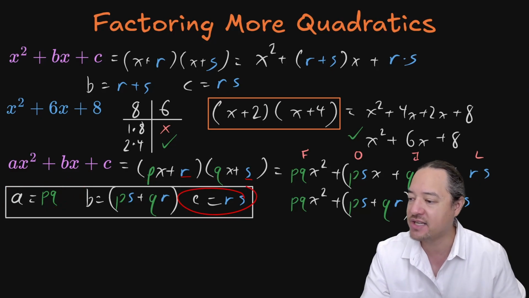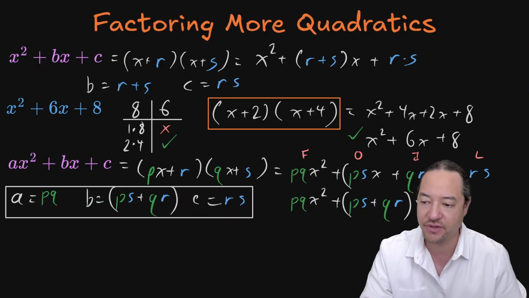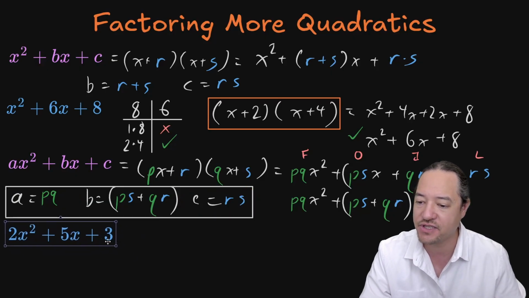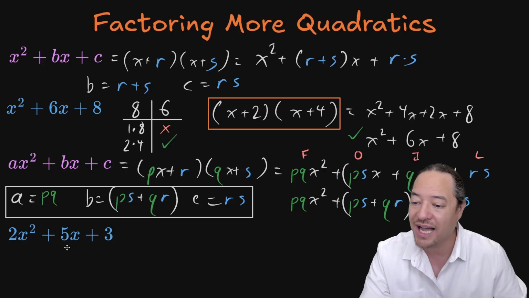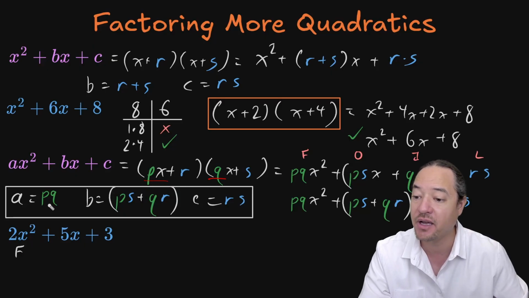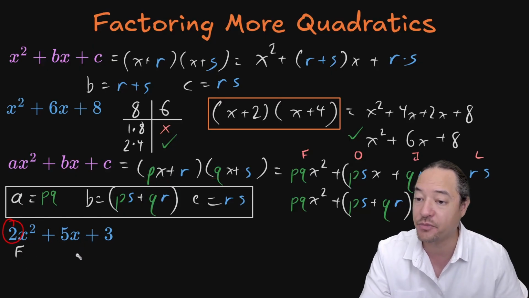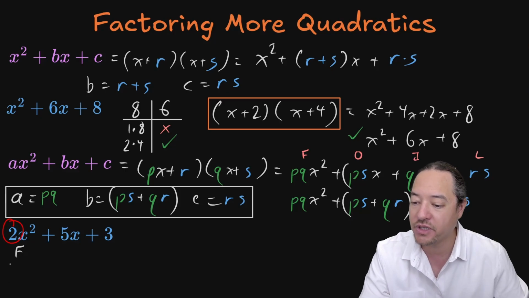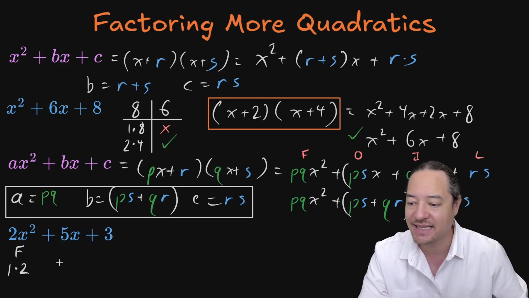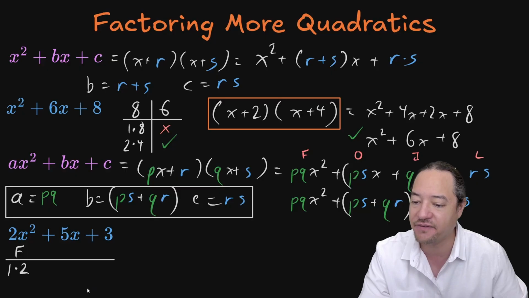So let me give you an example here. Let's look at, how about this example here? Okay, so let's say we have some 2x squared plus 5x plus 3, right? The whole idea here is that the first term is going to be produced from the product of the first times the first, and we need to find the factors of this number here, 2. What are the factors of 2? Well, really, it's going to be 1 times 2, right? That's pretty much it. Okay, so that's the factors that we're going to get for our first terms,